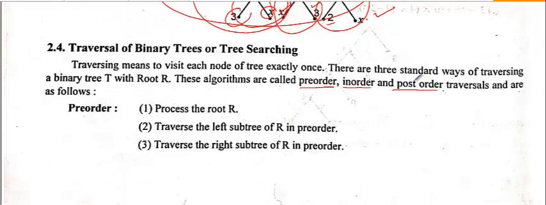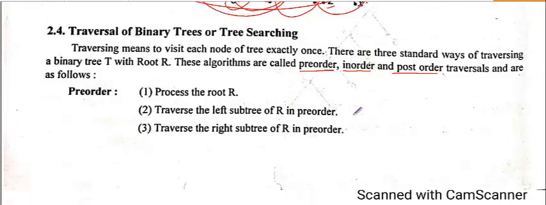Means how you can say this is a binary search. And there are basically three methods to traverse a binary tree. The first is the pre-order, another is the in-order, and the third is the post-order. So first we will discuss what is the process behind it when you want to traverse the binary tree by using these three methods. So first is the pre-order method, but let me clarify here. You will understand in a better way when I take an example, but I must discuss the process, that's why I am discussing the process first.